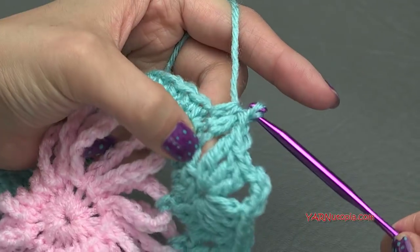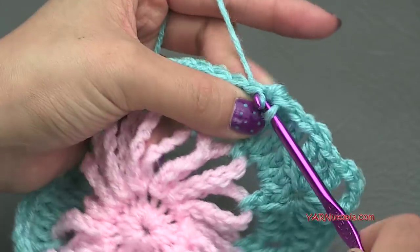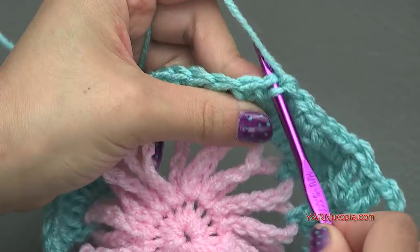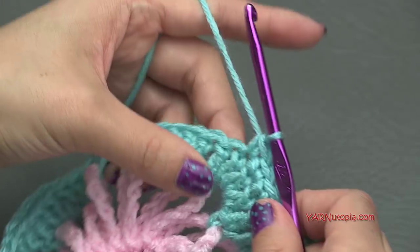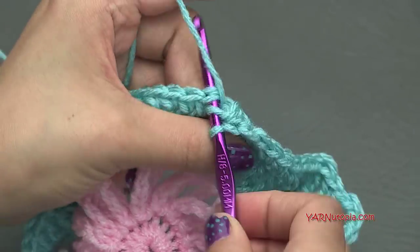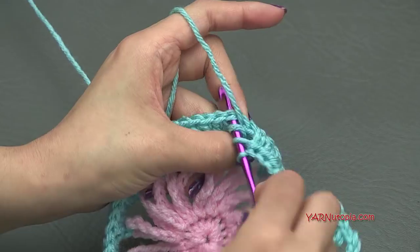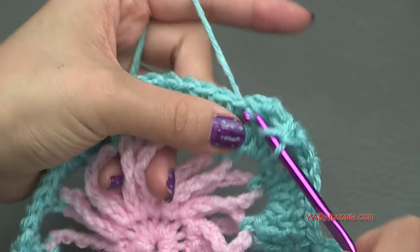1, 2, and 3. Then single crochet in the next 5 stitches. 1, 2, 3, 4, and 5. Then put a half double crochet in the next 3 stitches. 1, 2, 3. Then skip 2 stitches and put a treble crochet, 2 half double crochet, chain 3, 2 half